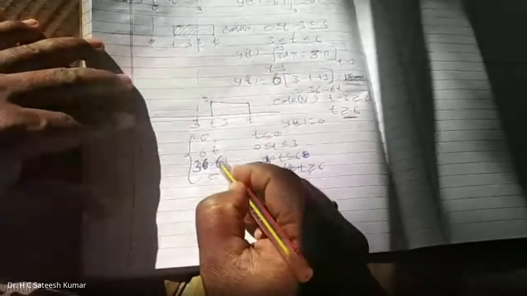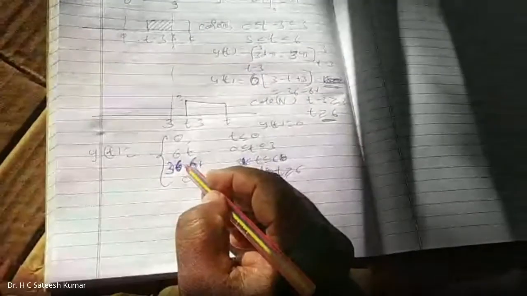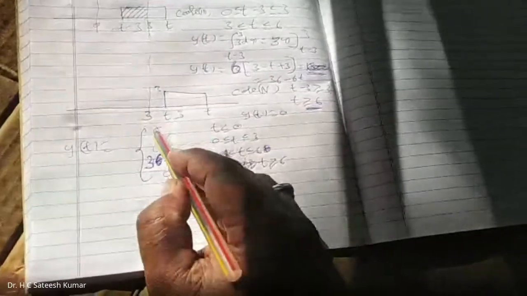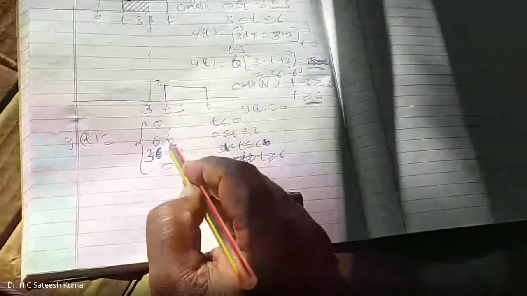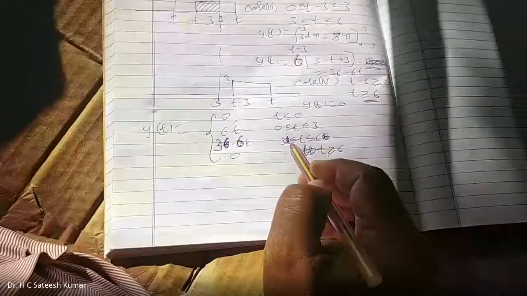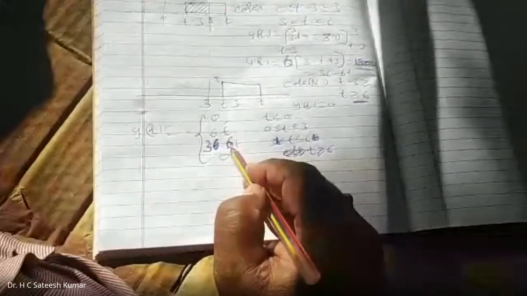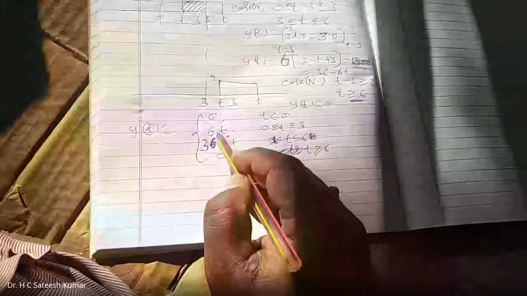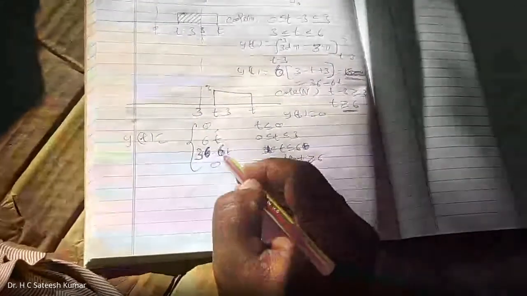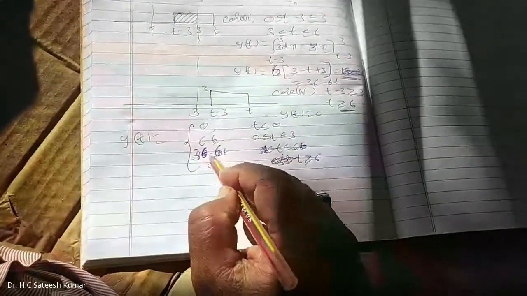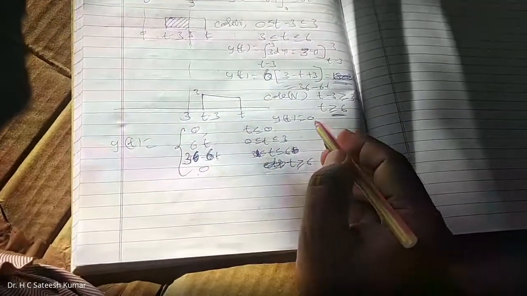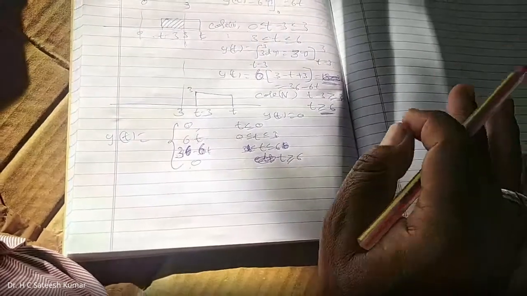See that when you are verifying, if your answer is not matching, it means it is wrong only. So that is the way I was doing it. Substituting t equal to 0 we got 0. 6 into 3, 18. Now you put t equal to 3: 6 into 3 is 18. 36 minus 18 is 18. Here also we got 6 into 3, 18. Correct. Now take 6: 6 into 6 is 36. 36 minus 36 is 0, and at 6 it is 0. Now it is correct. So if you have made a mistake anywhere, we can easily verify.